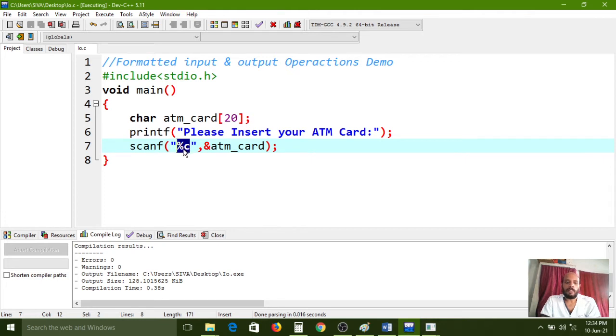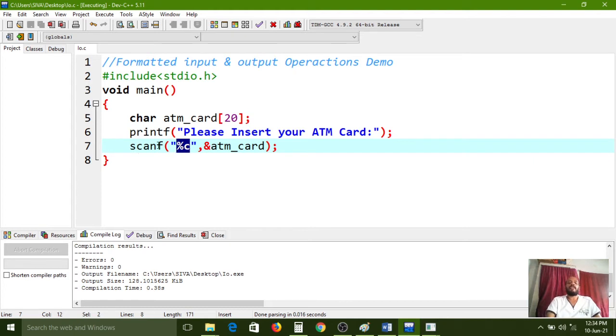We are giving the scanf function the information that you need to take characters only as input. Don't take only numbers. That's why I gave the format specifier here. Percent c means we are using the character data type for the ATM card.